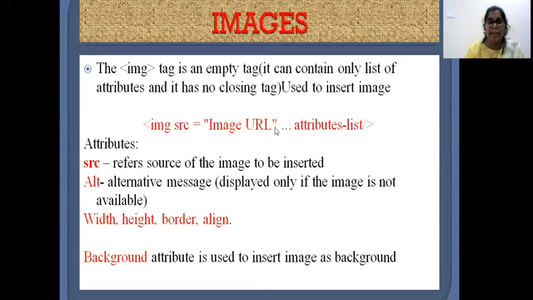And besides all these things, we have another attribute called background, which is usually kept either in tables or in forms or in the body tag directly as an attribute, and it is going to take the address of the image. We are going to use this background attribute to insert the image as backgrounds. So the img tag is used to insert the image into the web page as a normal image, whereas the background attribute is used to insert the image as backgrounds for the complete web page or for a part of a web page.